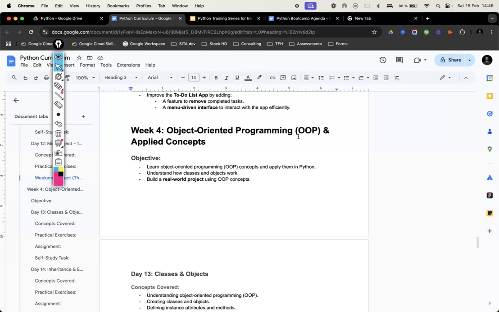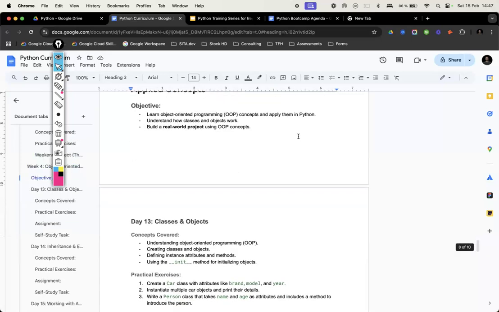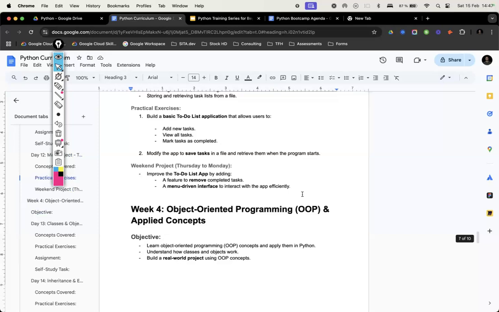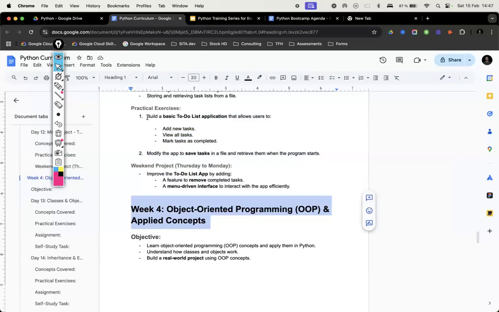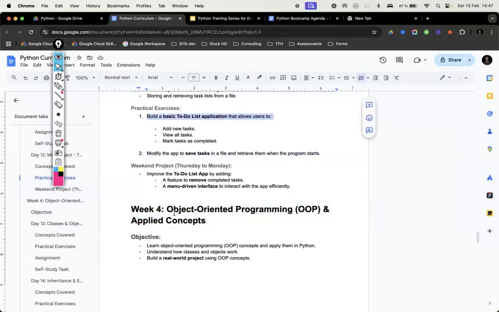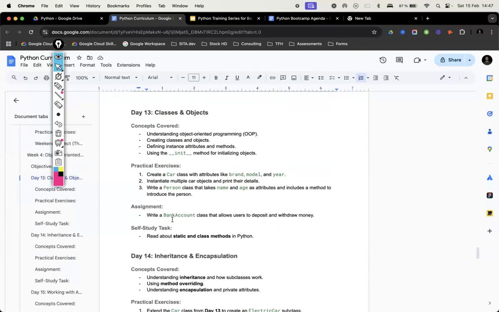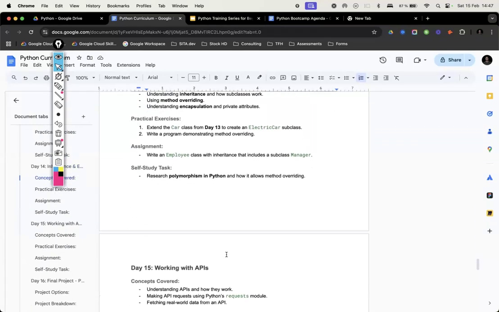Python can be completely used without using any OOP at all. To automate a lot of stuff, you can use purely functional programming and never have to use OOP at all. But you can also use it when you work with backend applications or other enterprise applications. As you can see, you can already build an app before we start learning OOP concepts, so at the end of week 3, we can start building an app. And then in week 4, we focus on all the OOP concepts: inheritance, encapsulation, polymorphism, abstraction, and so on.